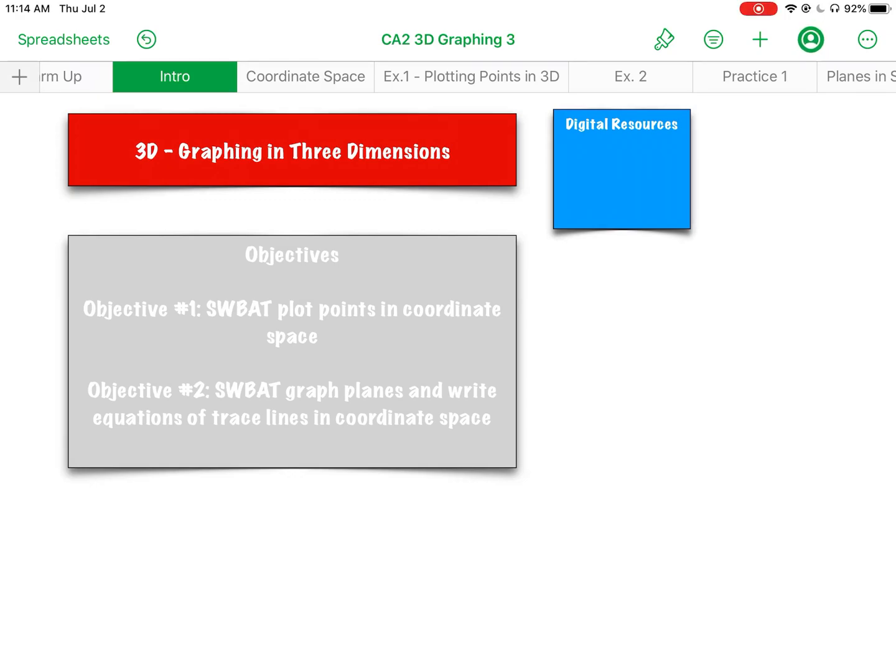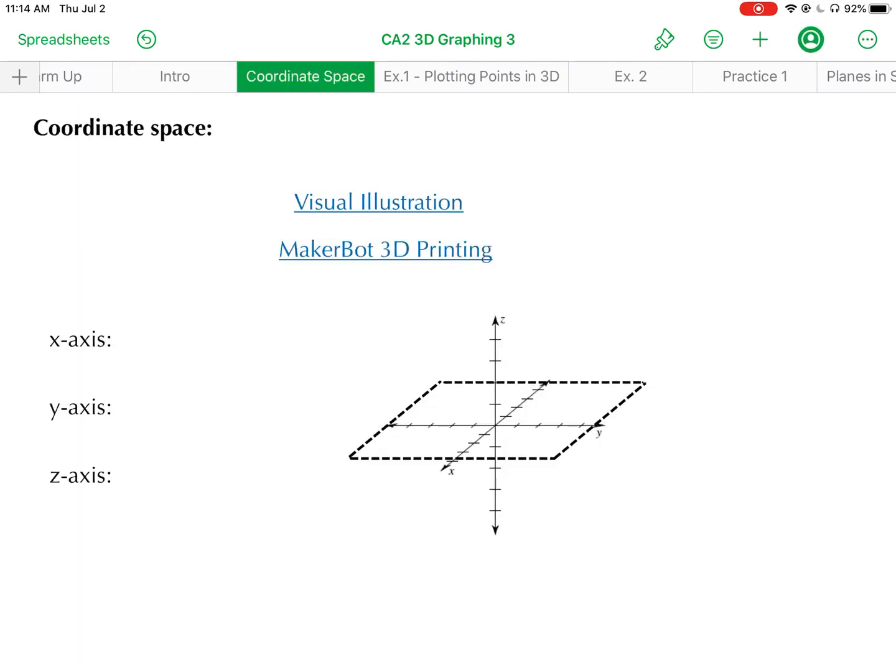This video is going to be an introduction into graphing in 3 dimensions. We're going to see what coordinate space looks like, as well as how to plot points in coordinate space. Okay. Now, coordinate space is 3D. That's the world that we live in, and it's nothing more than the